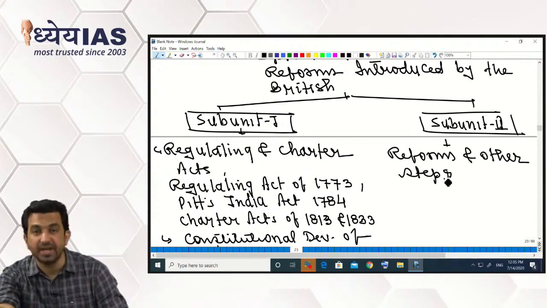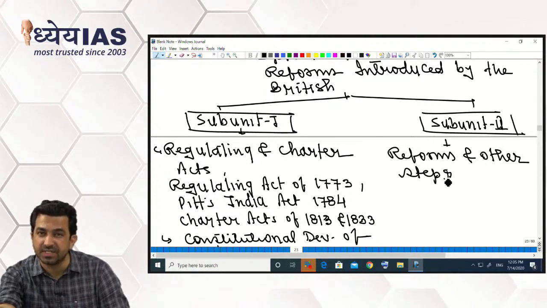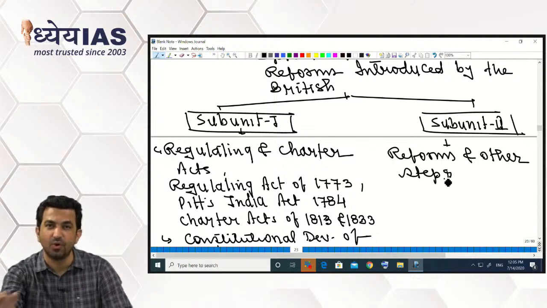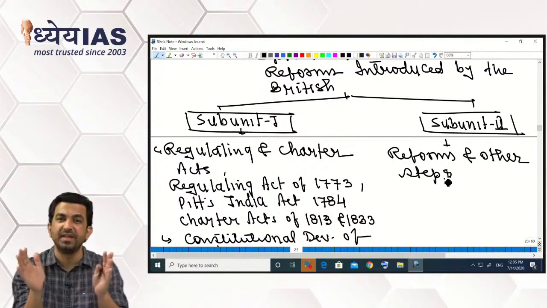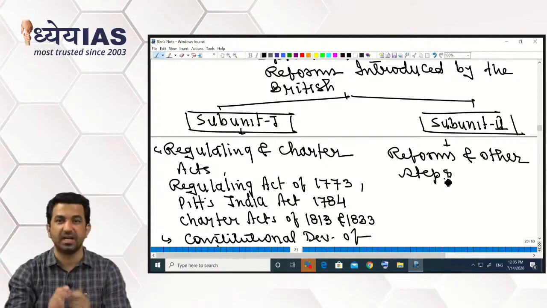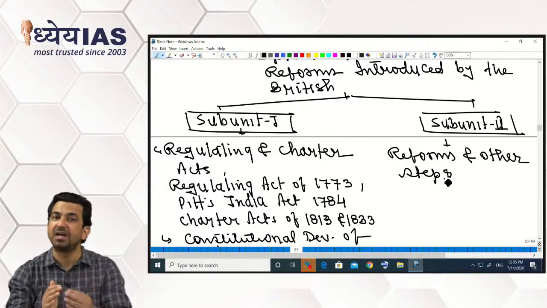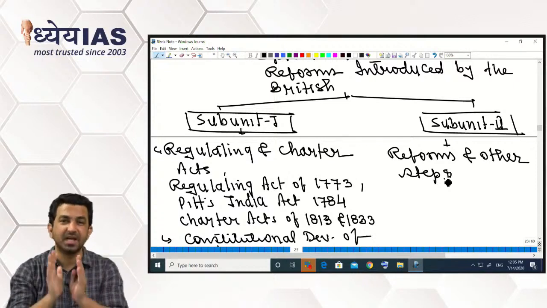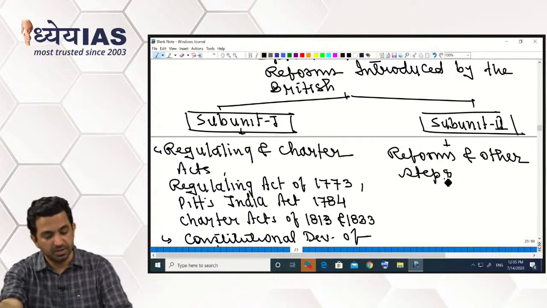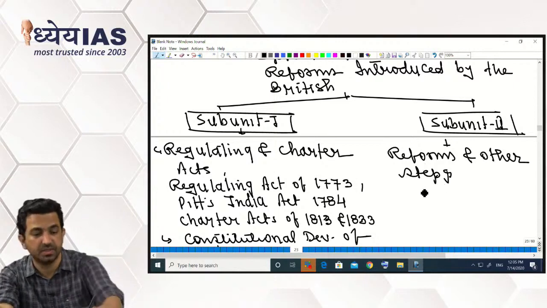So we are just trying to organize our syllabus, nothing more than that. We are trying to systematize our syllabus, which seems to be very scattered, but we have to act smartly and organize our syllabus very fast. So reforms and other steps, like